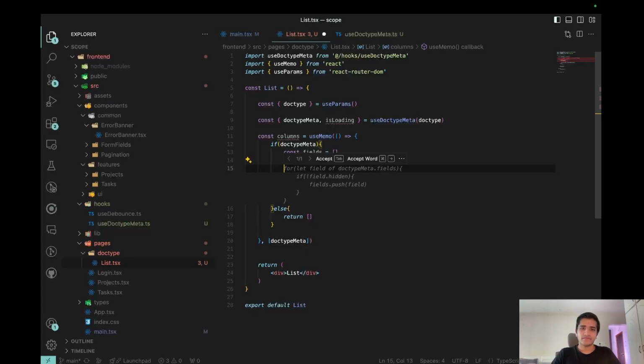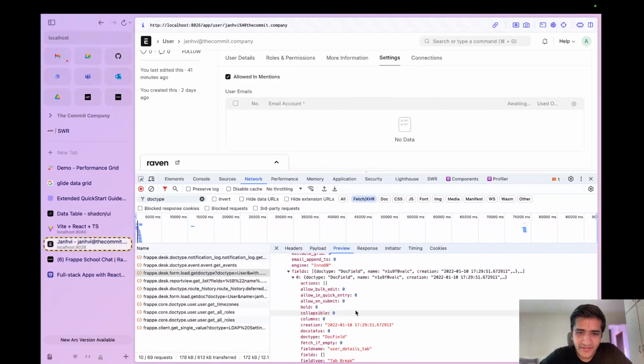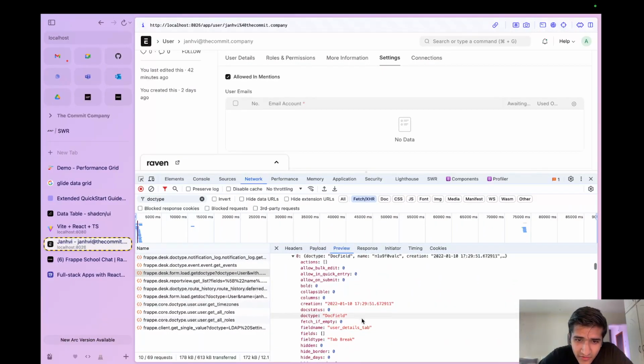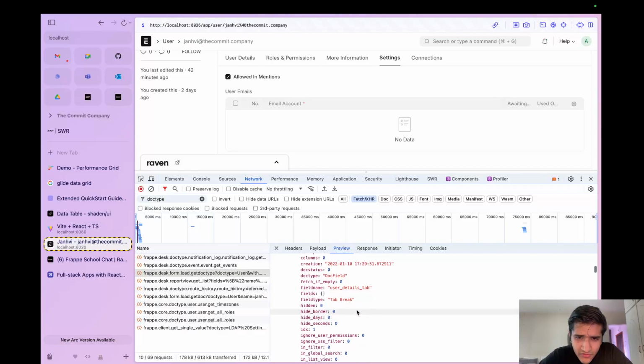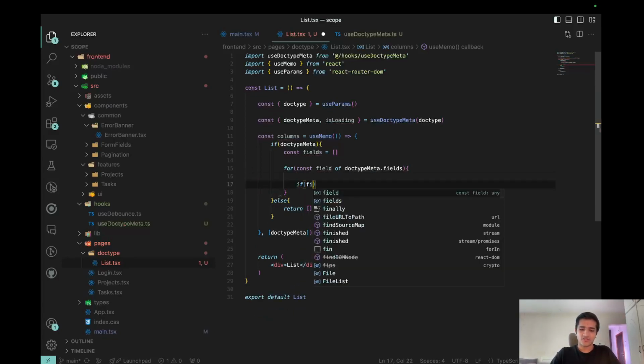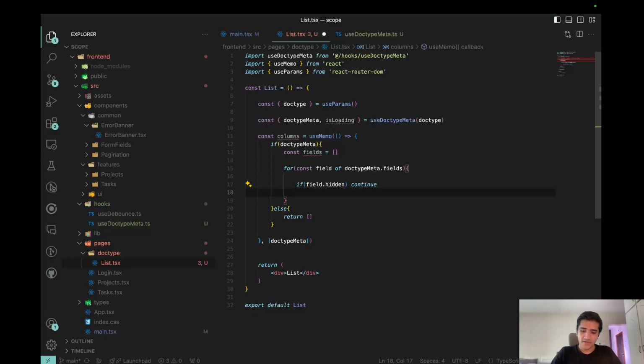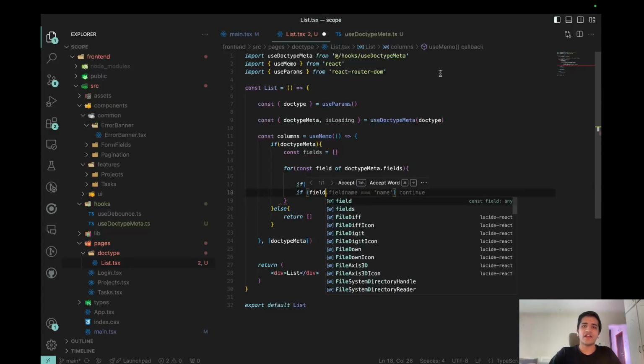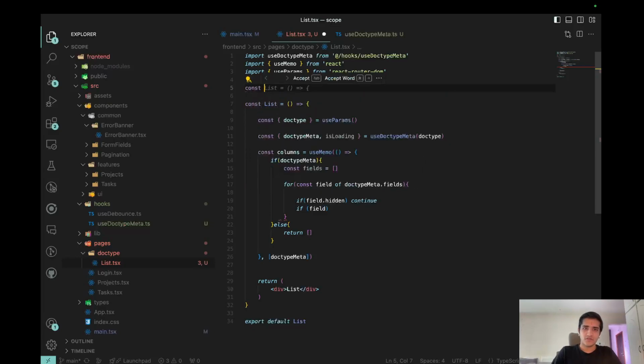And if field, right, in doctype meta.fields, if the field is hidden, so if it's not hidden, then we don't do anything. So, is it hidden? Actually, let's do something like if the field is hidden, continue, right? If the field, and we'll have to come up with